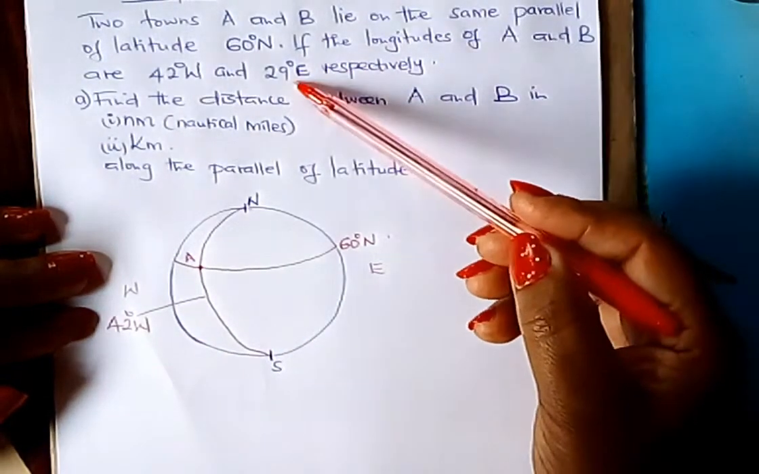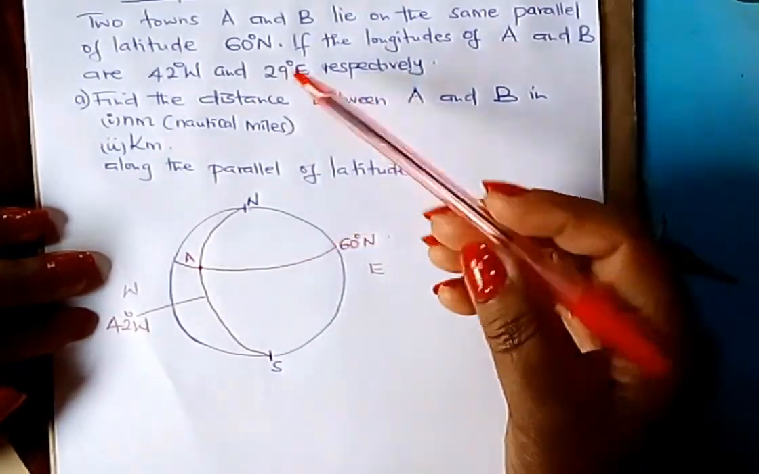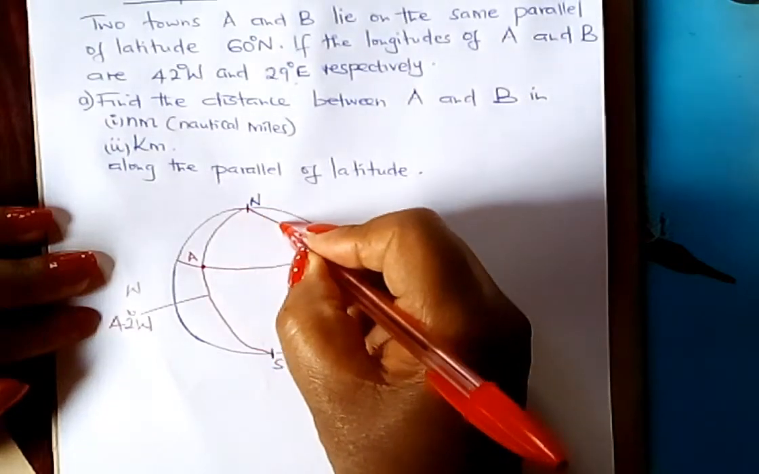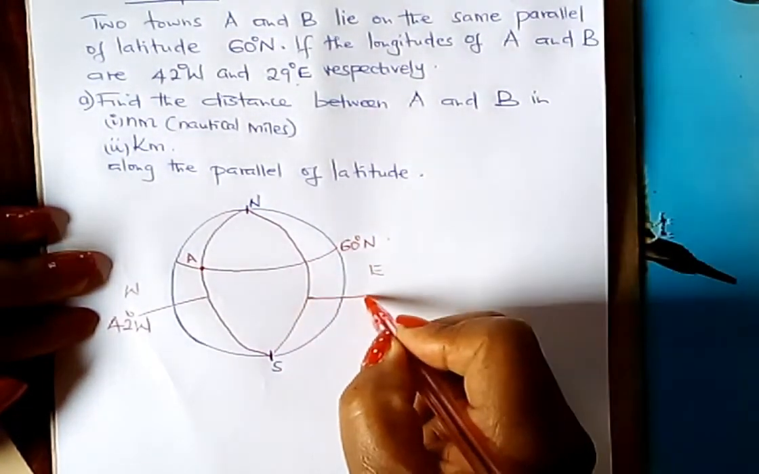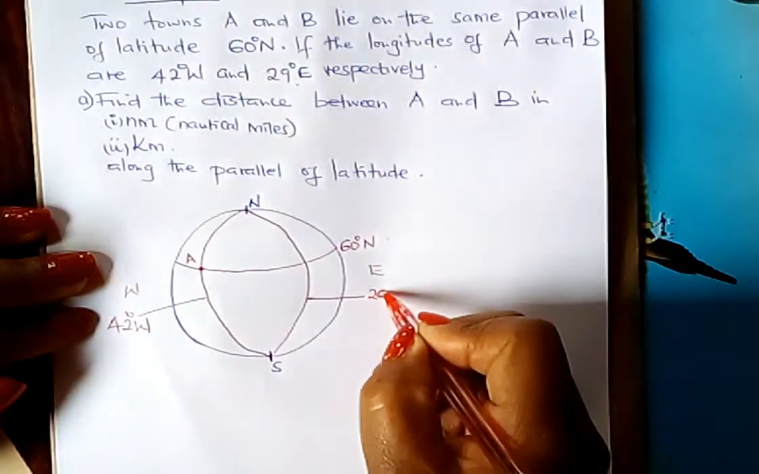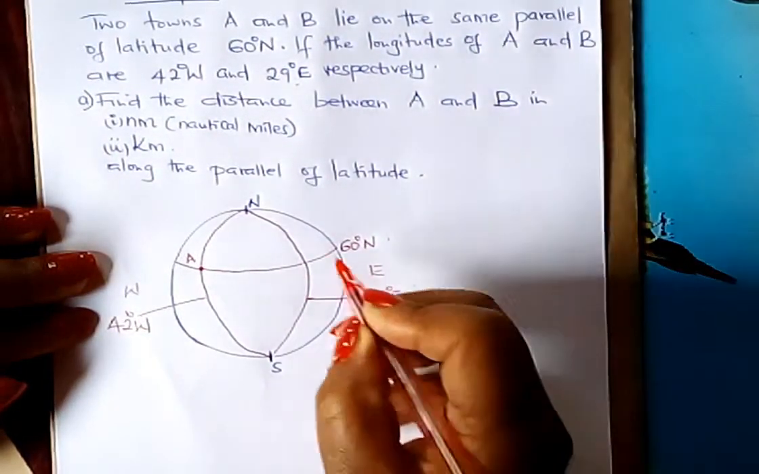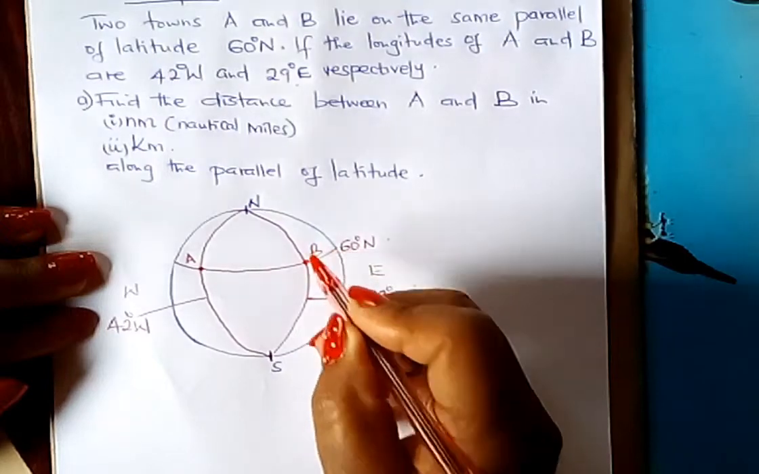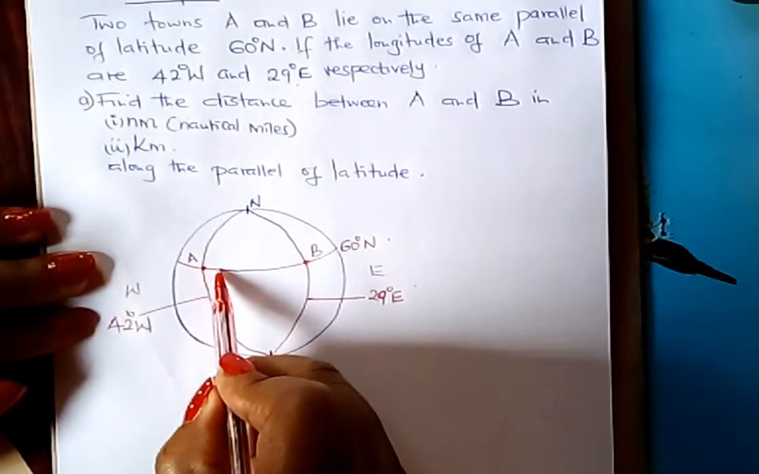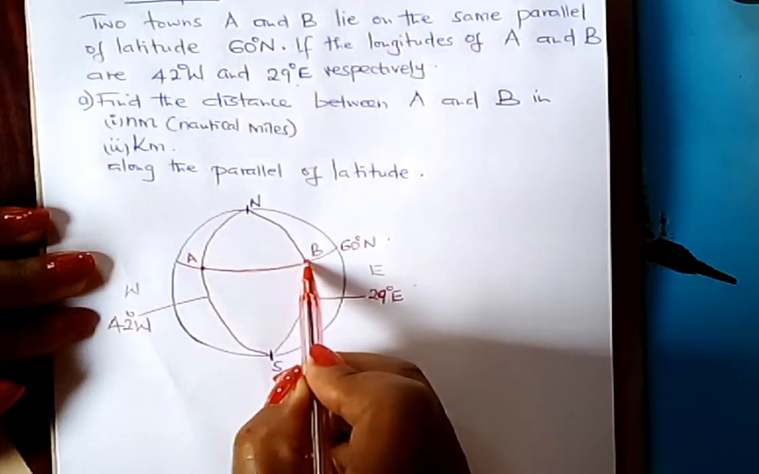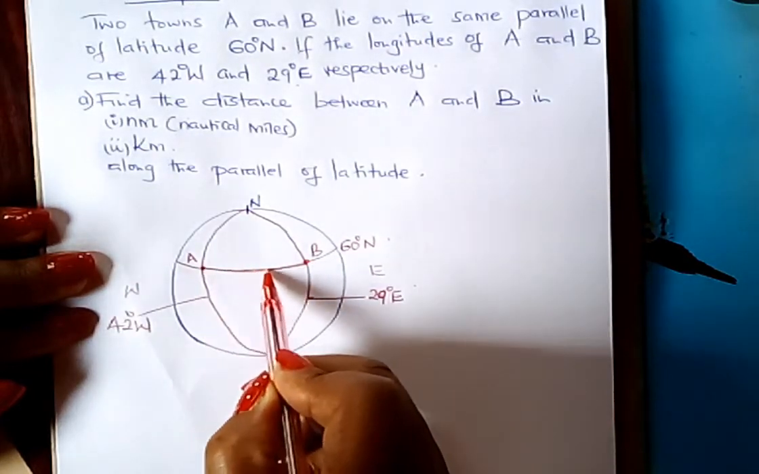What about B? B lies on the same latitude but 29 degrees to the east. Let's say that is 29 degrees to the east. So B lies here, Lana. So from there, you are now told to find the distance between A and